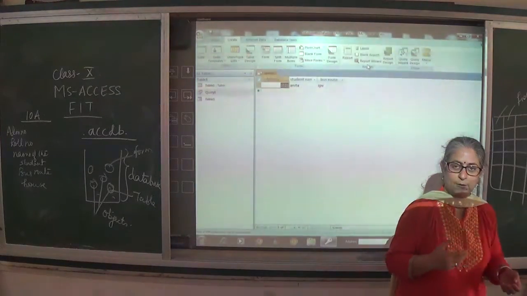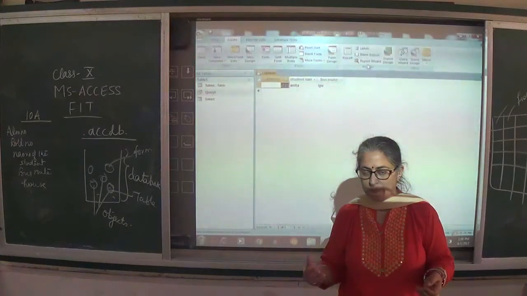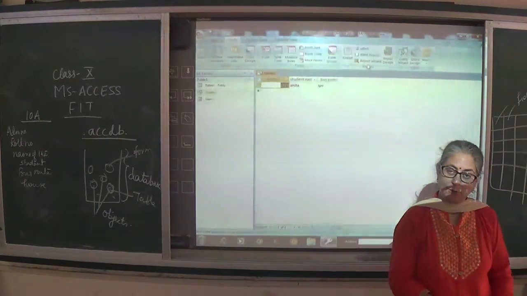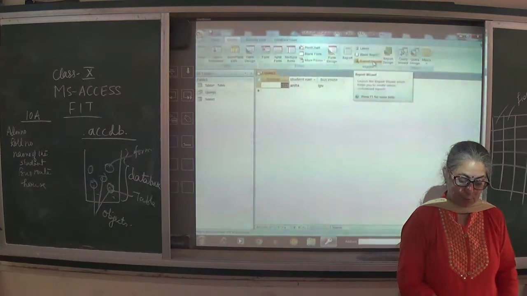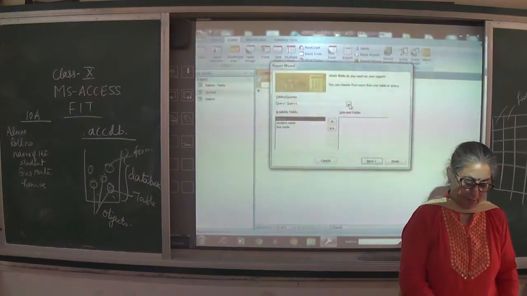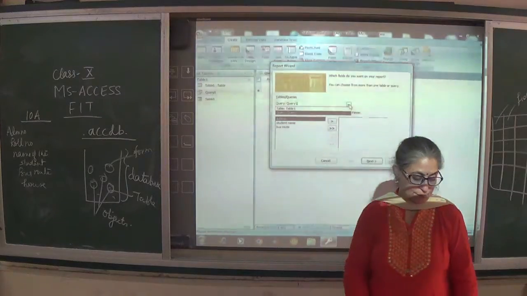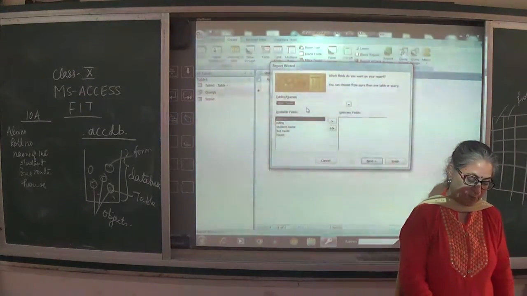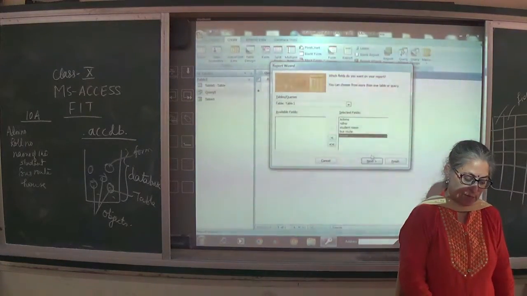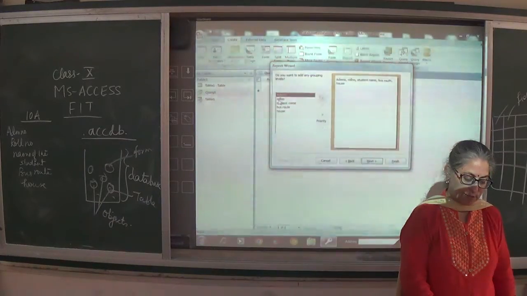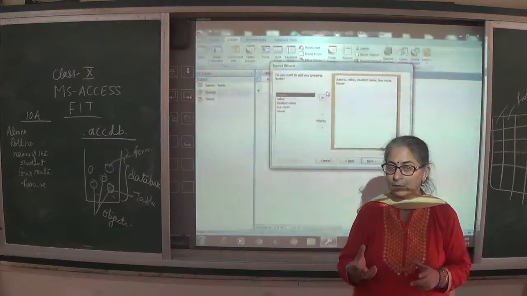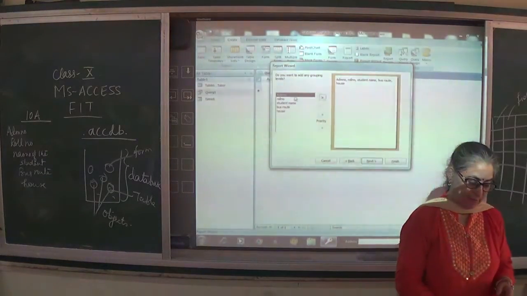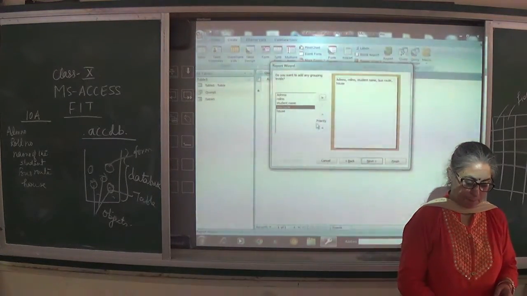Whenever you have to design management information reports, then we have reports as an object which can be used. We can use report wizard over here. Again, do we want from the query or we want from the table? Let's say we want from the table only, all the fields we want, and next we click. Then we don't want any grouping because there is no grouping. Or if we want to have grouping on the bus route, we can have grouping on the bus route.